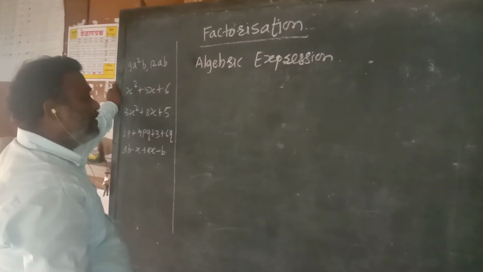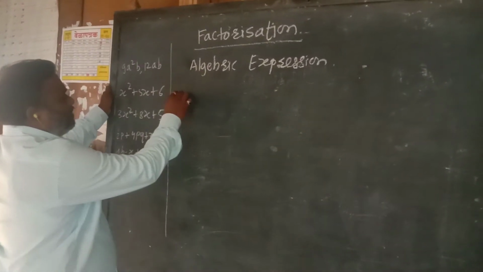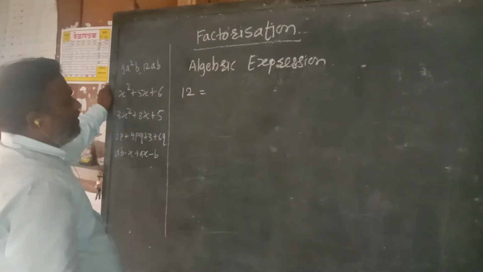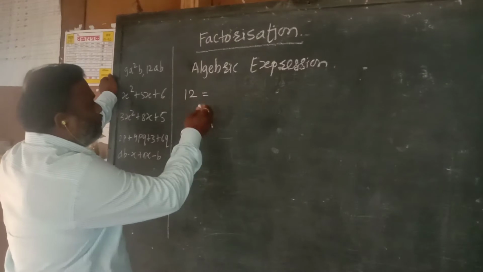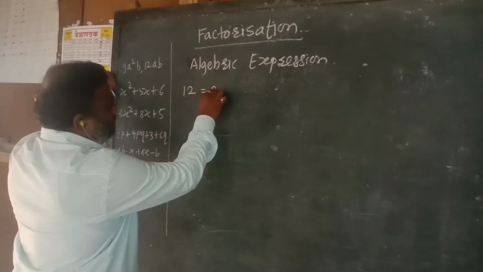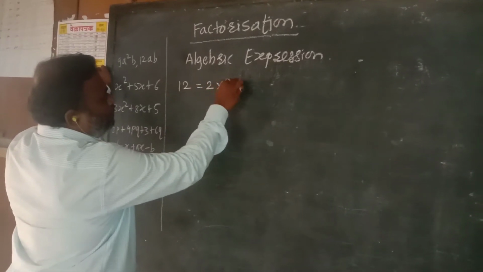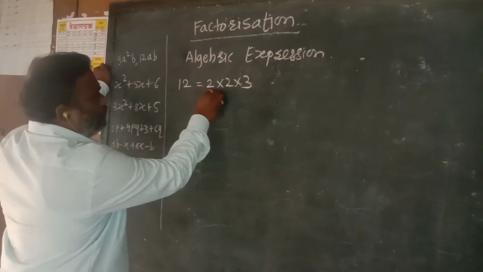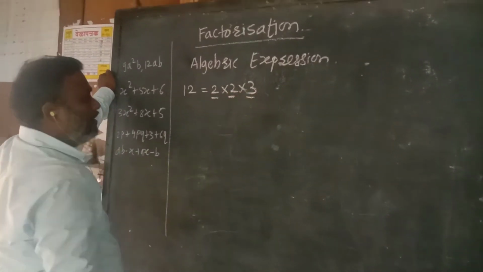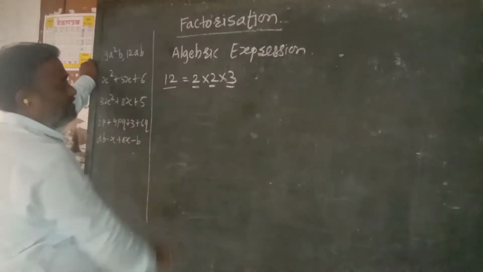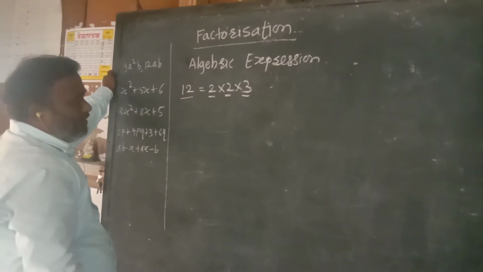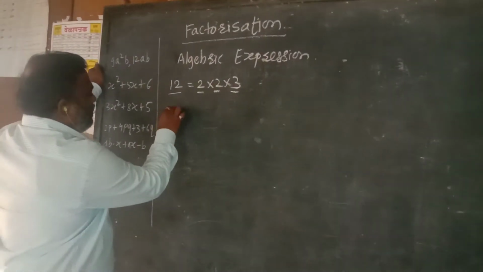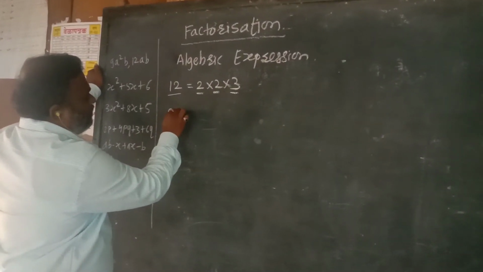What exactly does factorization mean? For example, this is the number 12. अब इस 12 के फैक्टर एक्चुअली होते क्या है? तो 12 को हम कैसे रिप्रेजेंट कर सकते हैं? 2 into 2 into 3. It becomes 12. Hence 2, 2, 3 are the factors of 12. Similarly, if we have an algebraic expression